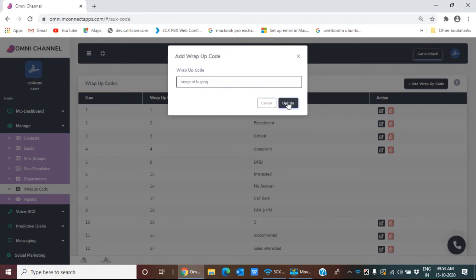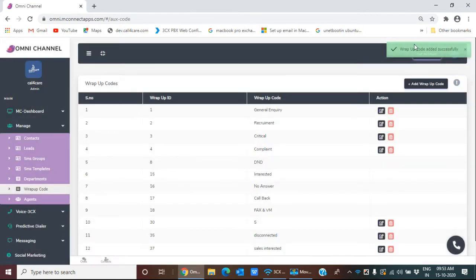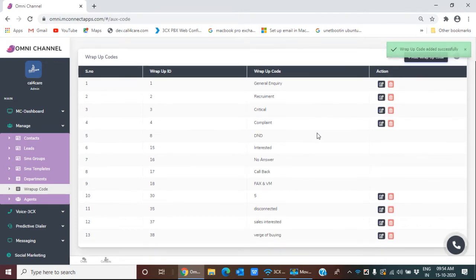I'm clicking on update. There is a notification, wrap-up code added successfully, which means that I have added the wrap-up code successfully. If I have added it successfully, it should get displayed in the list, and it is displayed in the list. So this is how you will add new wrap-up codes.